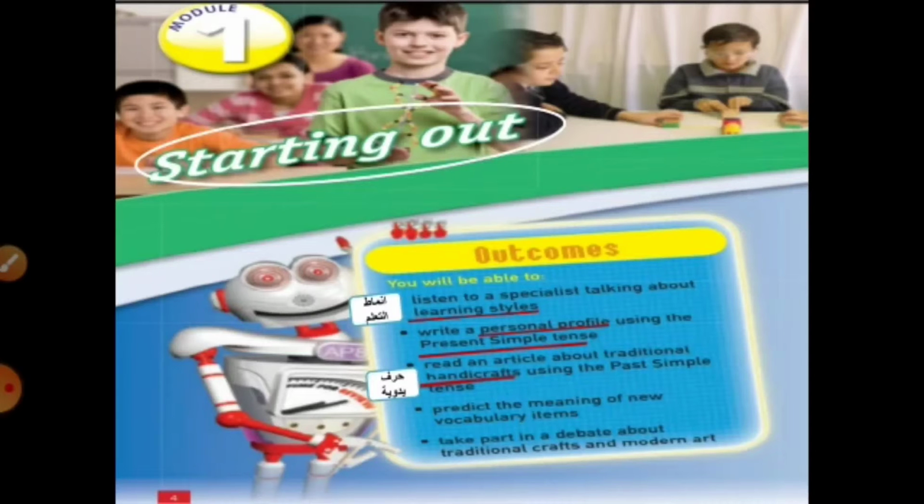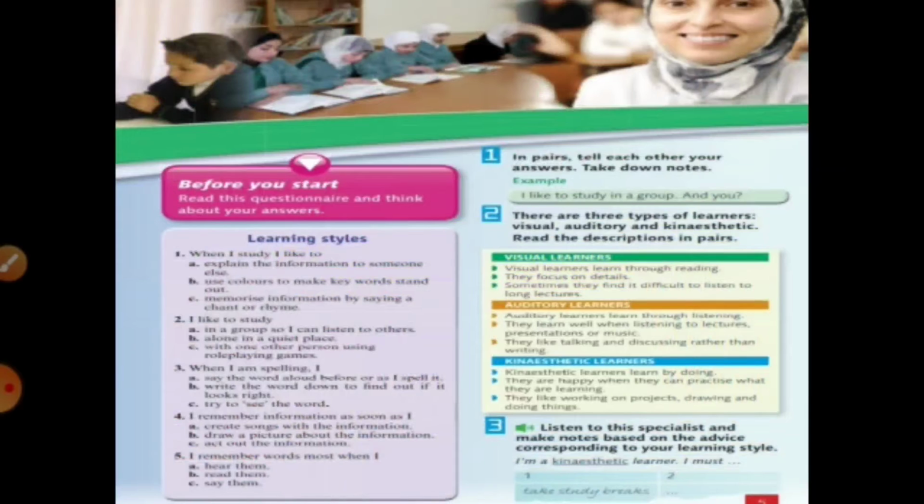Okay, let's move to the next page. Look at the picture at the top. برضه هون عنا صورة. Look at the picture. What do you see? Yes, there are many students. What are they doing? They are studying. Yes. They are learning. By what? Through reading. So maybe they are reading. ممكن بيقرأوا. They're studying. They are reading.